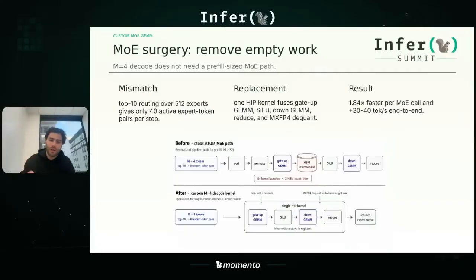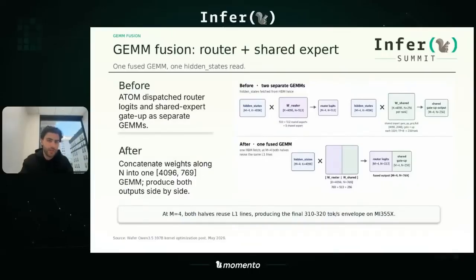And this was one that was very high ROI optimization. As you can see here, 1.84 times faster per mixture of expert call. And this added about 30 to 40 tokens per second end to end. The second one here was another one of the fusions we talked about, where we did the router plus a